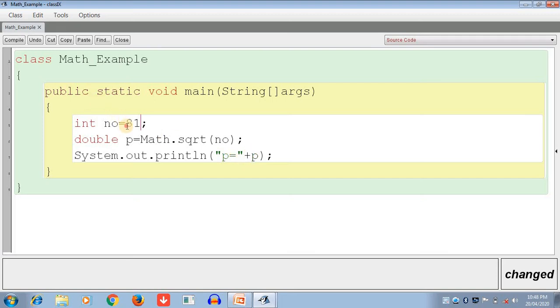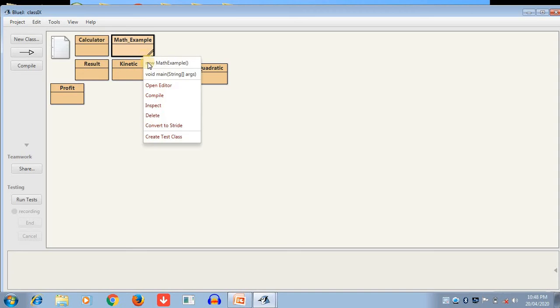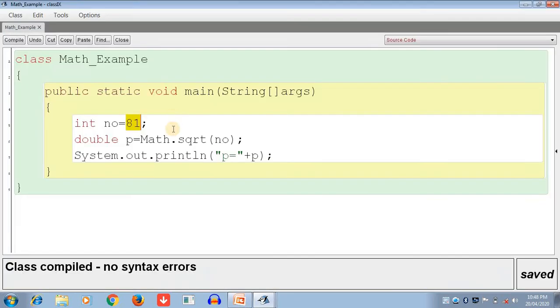Now we compile and run the main function again, and output 9 is shown. So we can easily find the positive square root of a number. This SQRT method returns the positive square root of a number, takes only one argument, and returns a double data type value.